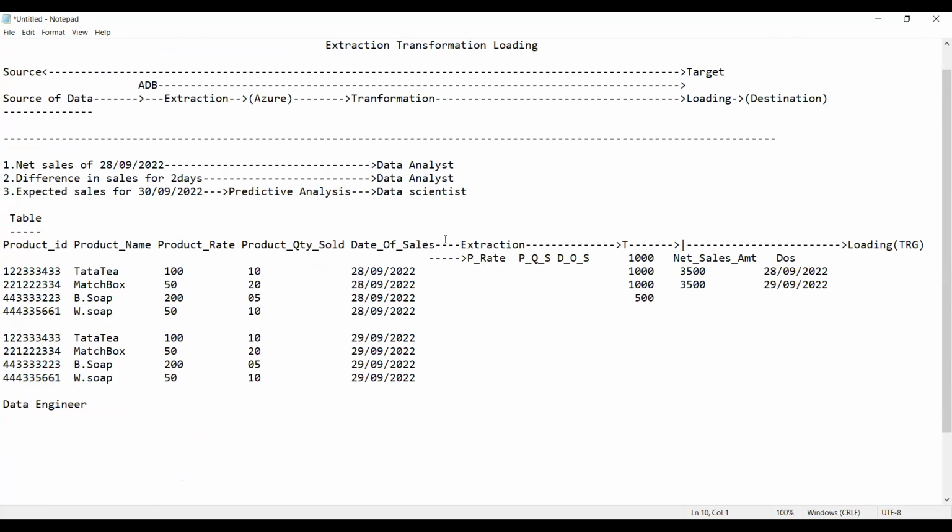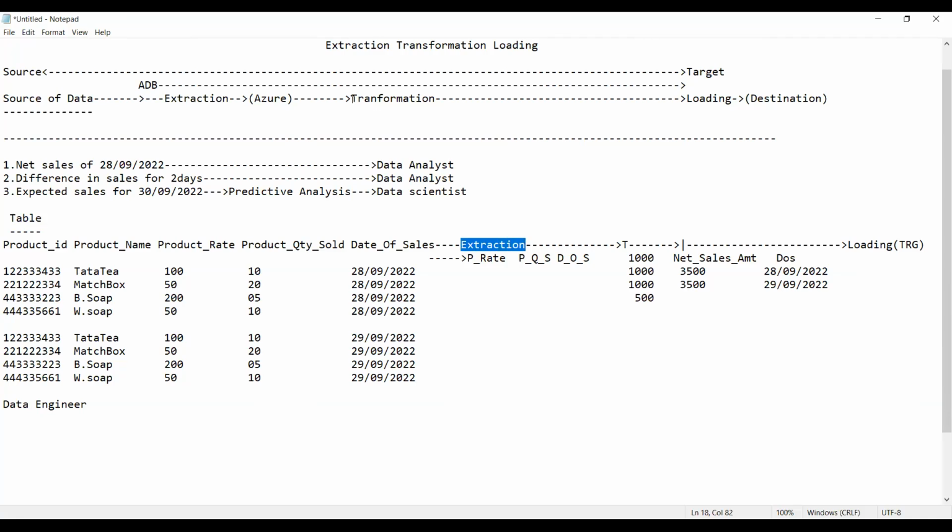Can you see here, guys? All of you? Extraction. That means what is happening here? Extraction means pulling in. Their source of data extraction. So this is the type of extraction we have done. Can you see here? This is nothing but the extraction. So the same thing I have done, the extraction.